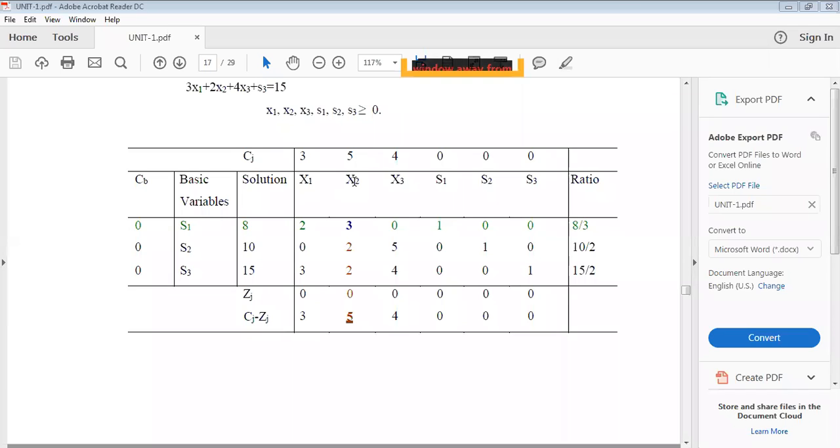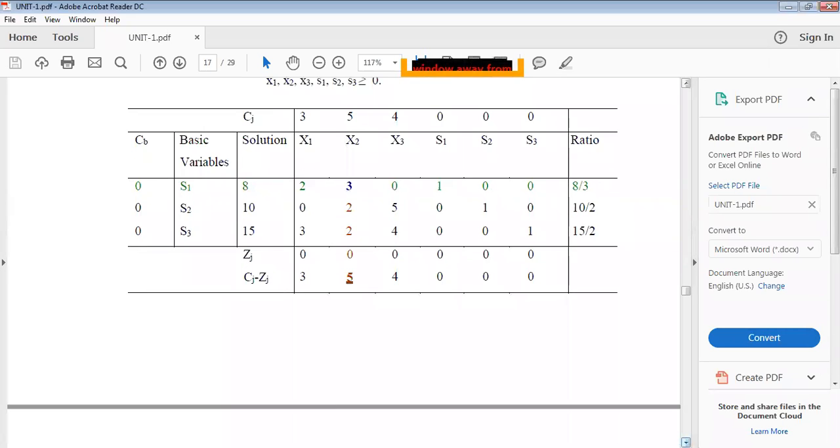you can find x2 and 5 are there. This x2 will come and occupy S1, and 5 will come and occupy this particular 0 place. So S1 will go out, 0 will go out. The x2 quotient, the x2 multiplication factor, will come and occupy this particular 5 comma 5 x2, and 8 by 3, 2 by 3, 1, 0, 1 by 3, 0, 0, and finally it is 8 by 3, like this. It will reflect in the next iteration. You can see this.